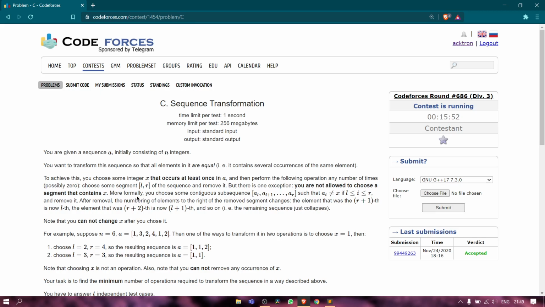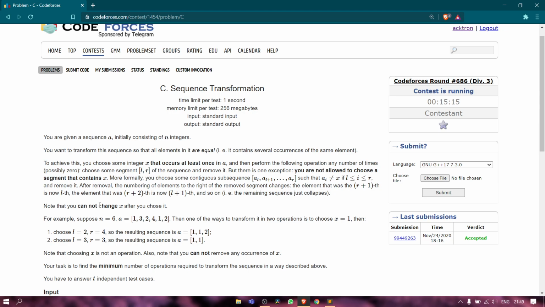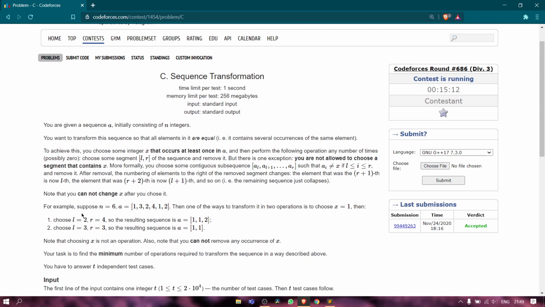If some of the elements are not equal to others, we take an integer x from the array, and we can delete the elements from L to R. They can be anything from A_L to A_R, and there is one more condition: from A_L to A_R there should not be any A_i that is equal to x. This much is the condition, and we cannot change the x in the whole case. Once we have chosen one x, we cannot delete it.